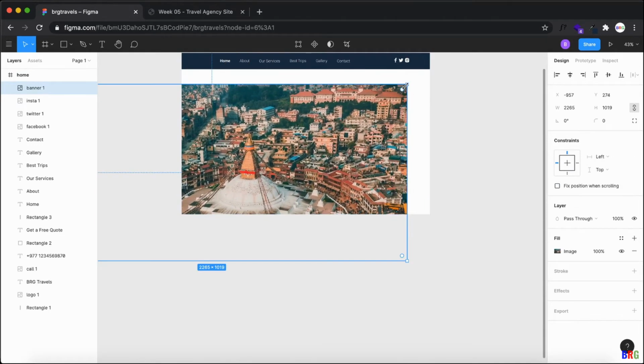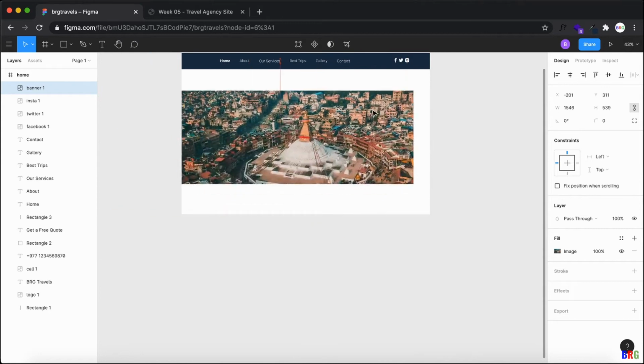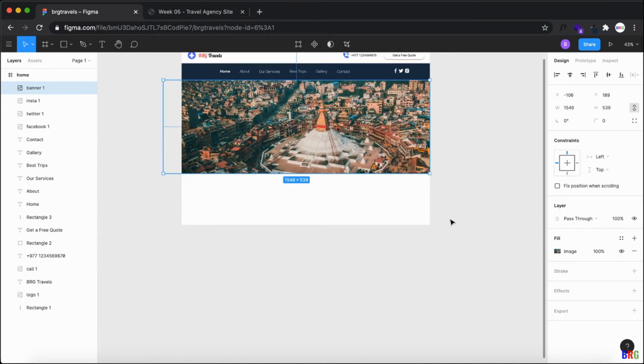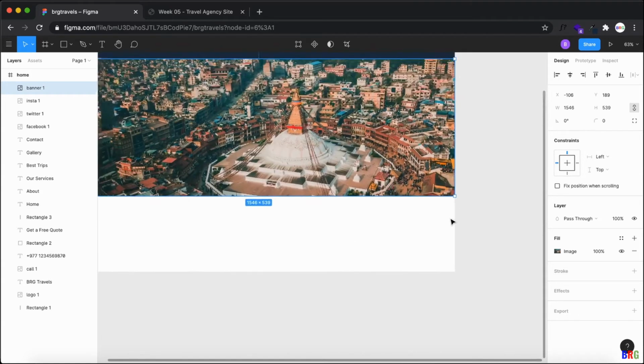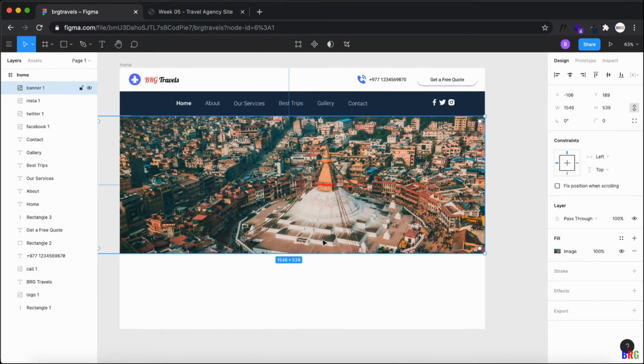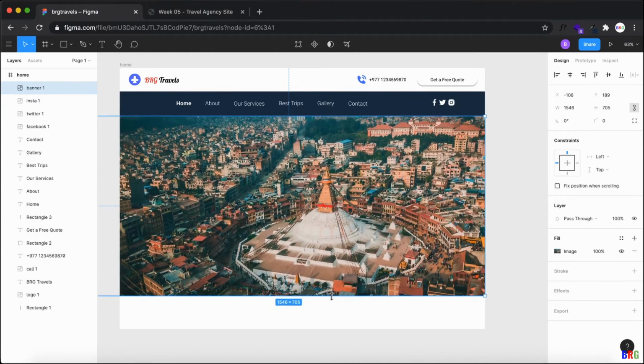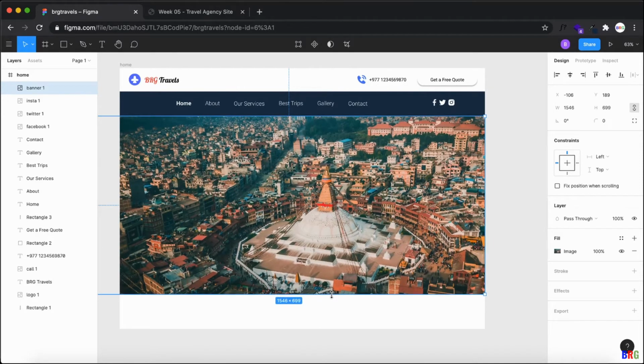Let me resize it again. So this is where I want my banner image. Let me resize this part, make it 700. You can see I just made it 700. We can adjust height from here.